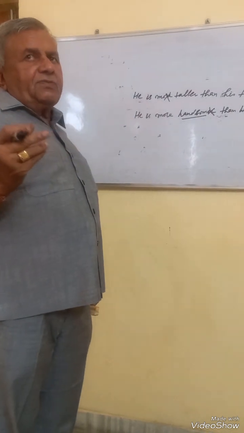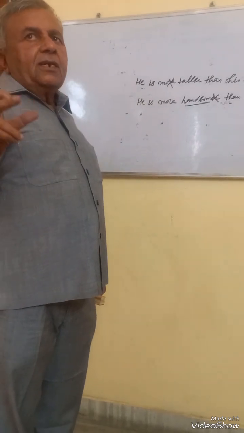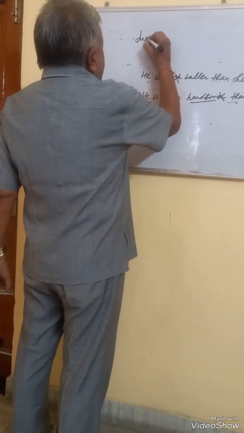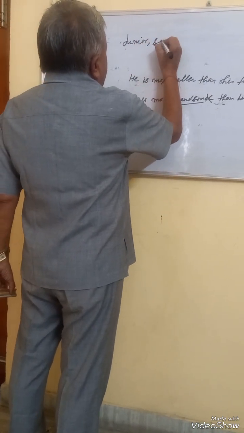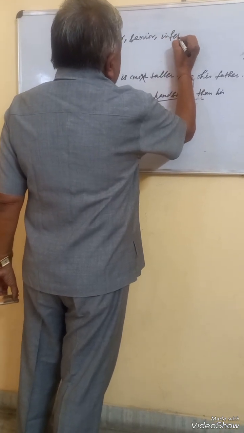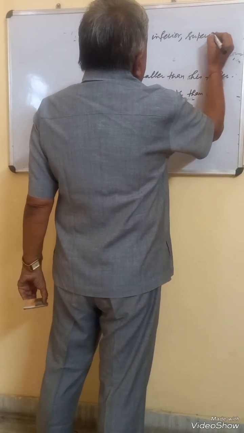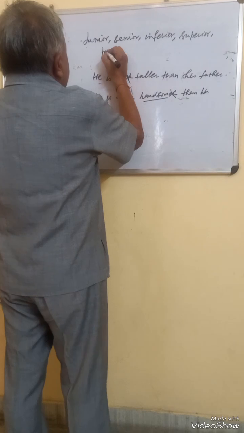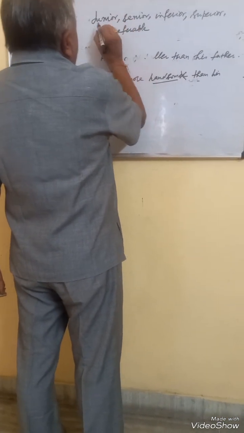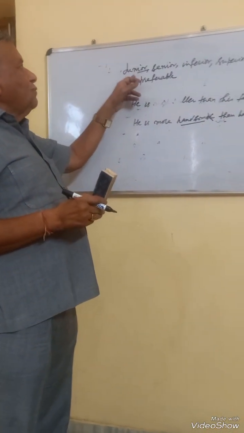Similarly, there are certain words where we don't use than while making comparison. So what are those adjectives where than is not to be used? For instance, junior, senior, inferior, superior, preferable. Generally, where the word ends in IOR, in such cases we don't use than, nor do we use more, most